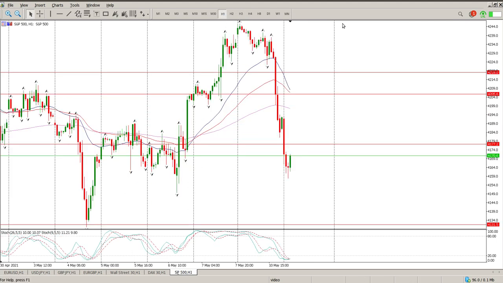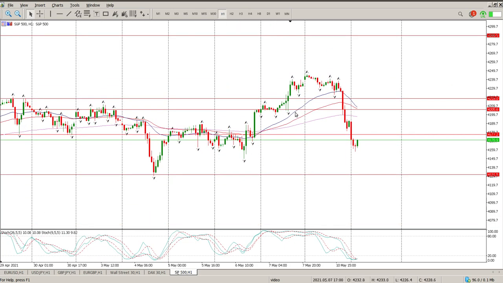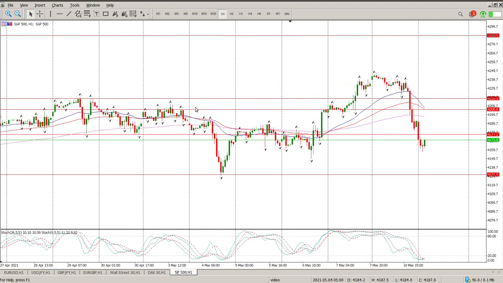Let's just get down to the hour so we can review yesterday's trade as well. And so yesterday what I was looking for was a long at 42.20. Okay, so that's pretty much around this area right here. 42.18, that's the area which I was looking for. Got my trade in there. Stop was below 4,200, so below these swing lows here. So clear to see what happened there. Take him out with that stop loss,